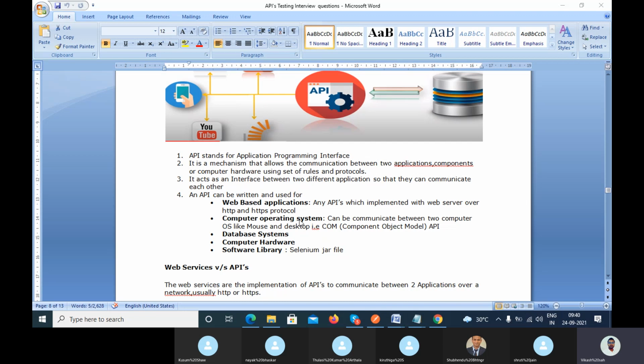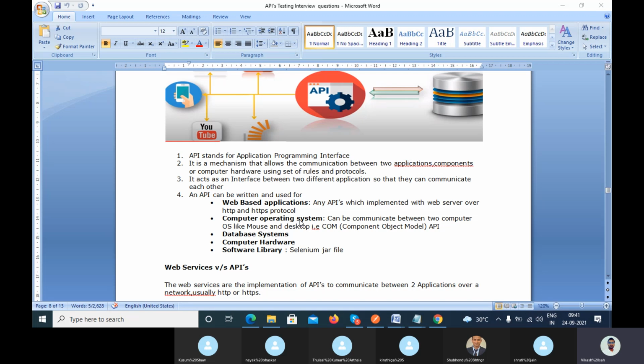With computer hardware, your CPU, your monitor, and the OS installed in your laptop or computer, the OS is communicating with your machine. That is the API, right? For a software library, if you are working in automation testing with Selenium, you need the jar file to use the Selenium interface, right?